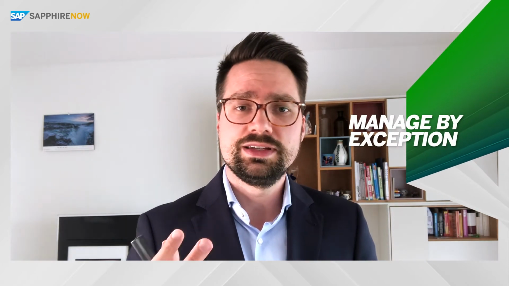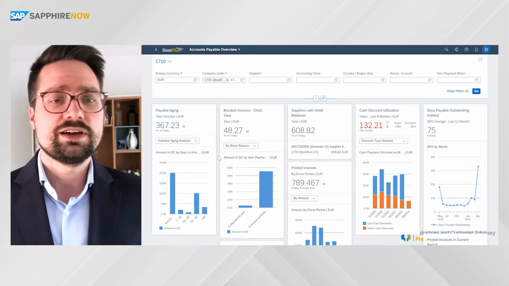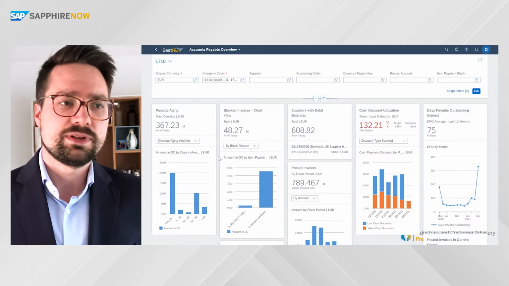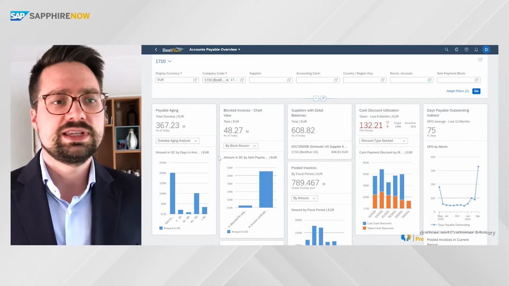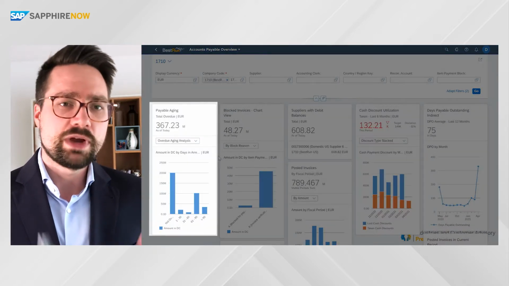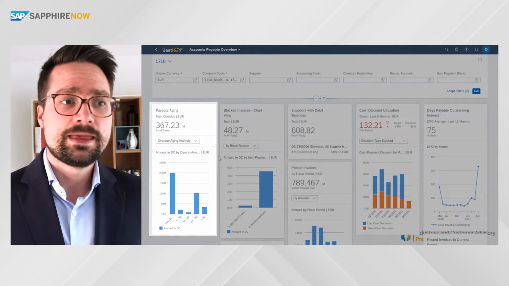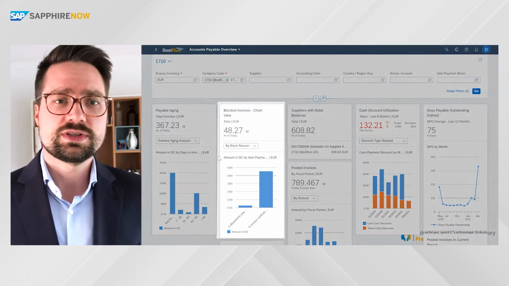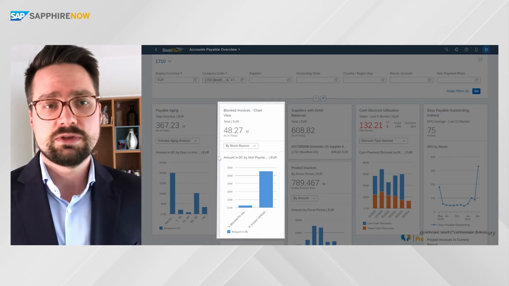And once you have automated those processes and once you have gotten real-time insight, of course, the ability to manage the processes by exception. Such as we see here, for example, using the accounts payable example, where you monitor the key performance indicators such as days payable outstanding, cash discount utilization, or payables aging in real time, but you're also able to look at the exceptions, such as where do I have invoices that got blocked that I have to